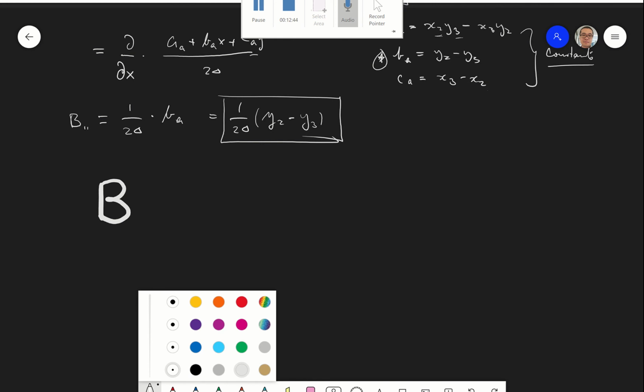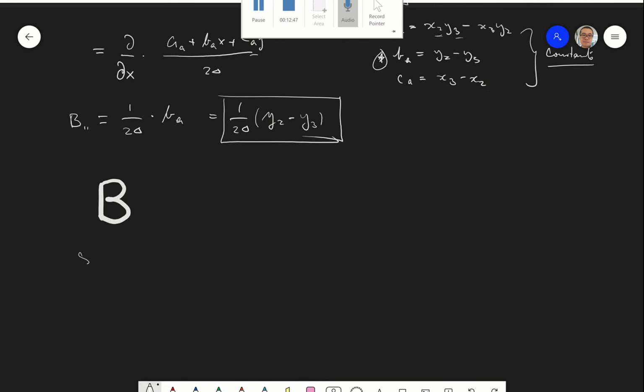This is given in your slides, slide 77, and it looks like this. 1 over 2 delta. Of course, you don't need to remember that. That's something done in the computer. We have y2 minus y3 goes in here, and we have 0, y3 minus y1. Basically, you need to differentiate all these shape functions term by term, element by element. 0, y1 minus y2, 0,